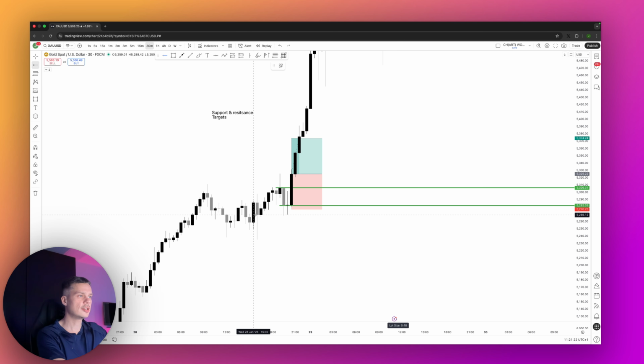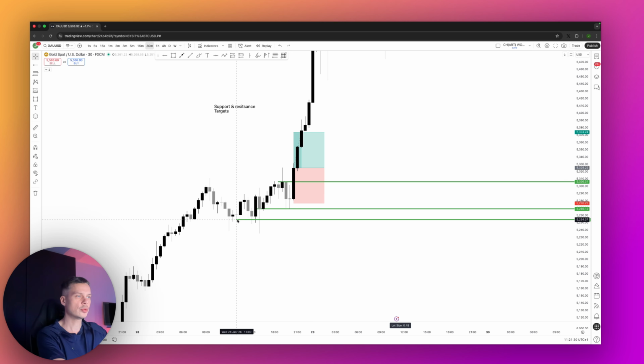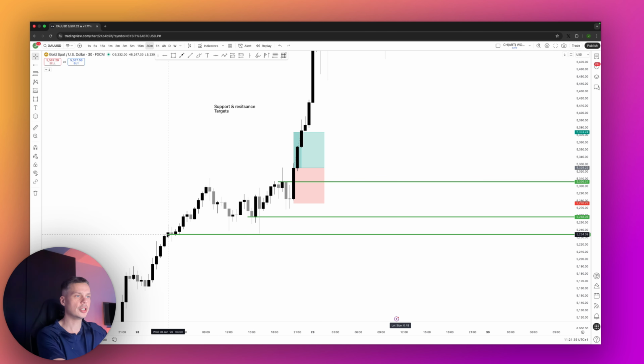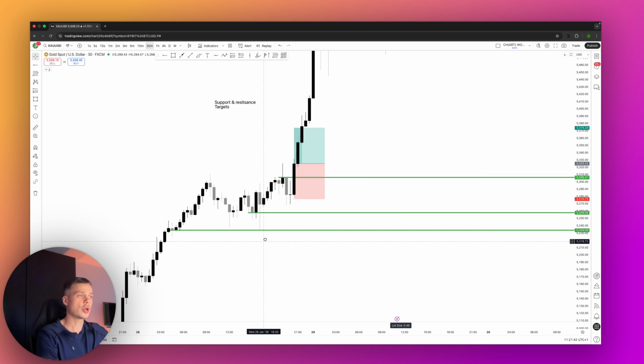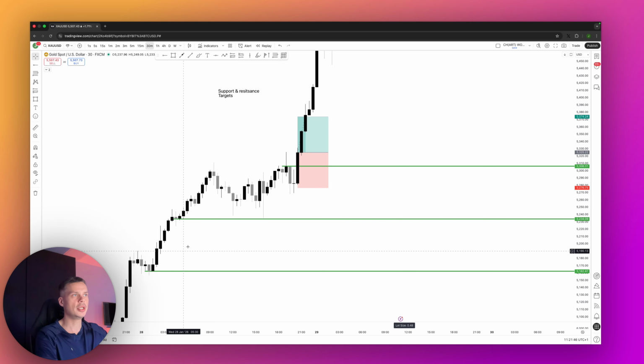What we can see is that there is a next support target over here, but the wicks completely filled the range, which makes it an invalid range. So we're going to be dynamic with our support zones. We have a new support zone over here, and we have a potential new target over here. However, what do we see? This wick completely fills the range, which makes it an invalid range. So we're going to be dynamic again, and we find the next area of support,